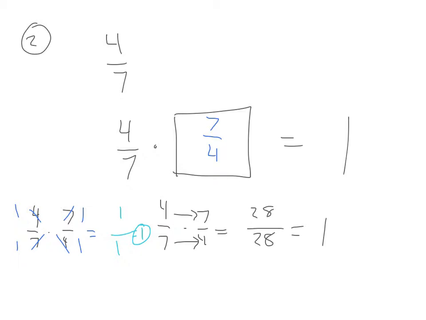So what we are seeing here is a pattern. The pattern is that to find the reciprocal, you flip the numerator and the denominator. So what is the reciprocal of 4/7? It's 7/4. What's the reciprocal of 7/4? 4/7, right? How about this one? Why don't you try this? What's the reciprocal of